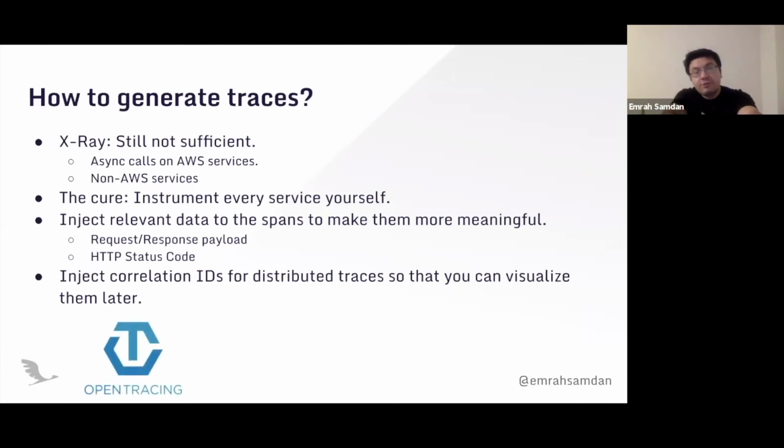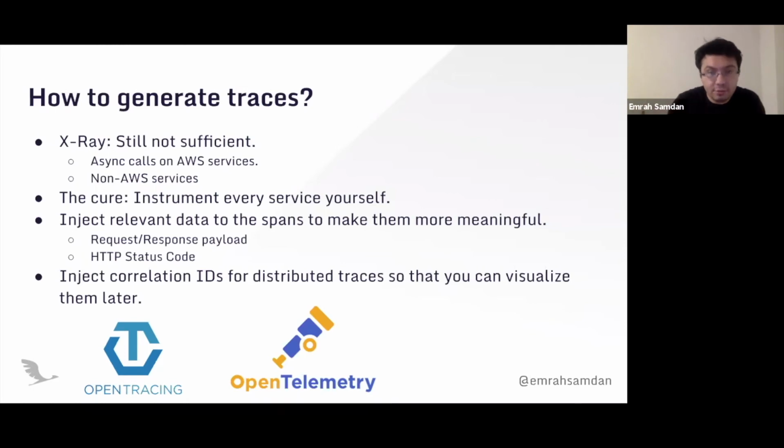In order to do so, there are open source initiatives started by the Cloud Native Computing Foundation. OpenTracing is the one that is being used now, and OpenTelemetry is under construction by putting together OpenTracing and OpenCensus. It will be the standards and frameworks to produce traces for any application, so that your traces are understandable by any system. But still, you need to implement according to these standards. You need to instrument every service yourself.